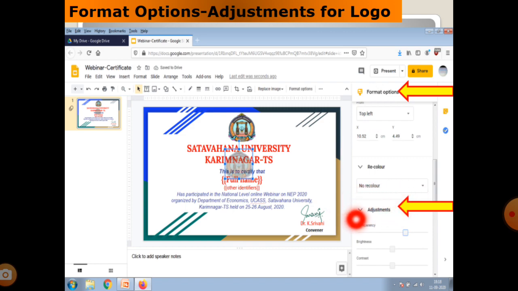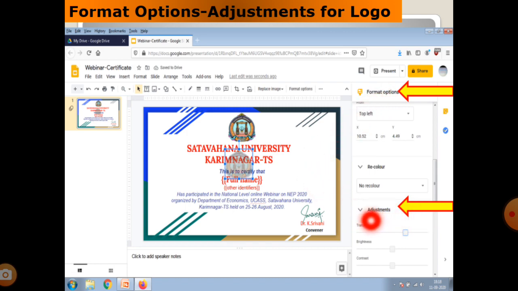Click the logo and press Ctrl C and Ctrl V, at whichever location you are interested in. I would like to add the background logo in the middle of the certificate, so I click the format option and go to adjustments.